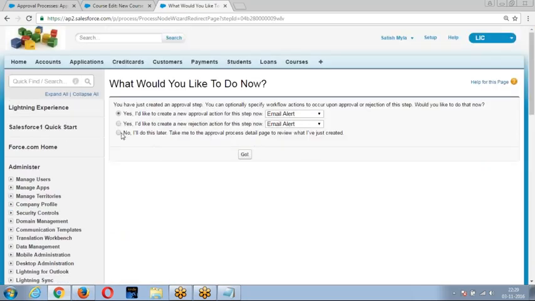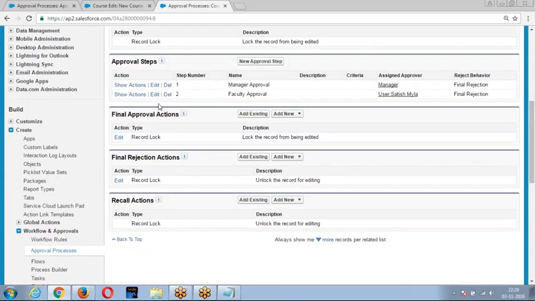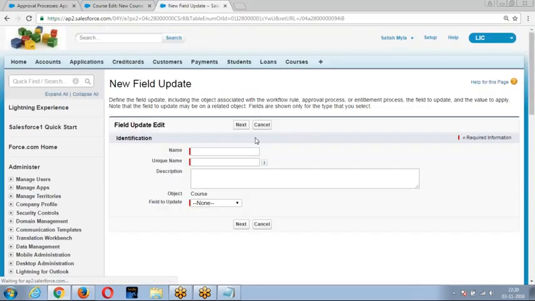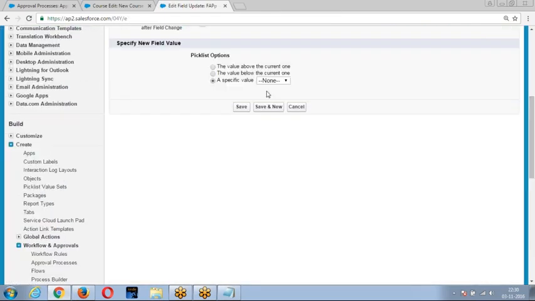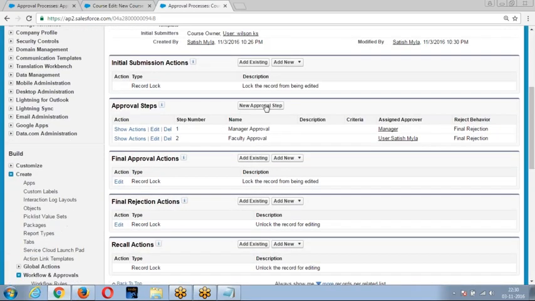Once Satish approves, what do we want to perform? If Satish approves, we want to perform some action. What is that action? Show action. If faculty approves, make a field update. I told faculty field equal to. If faculty rejects,